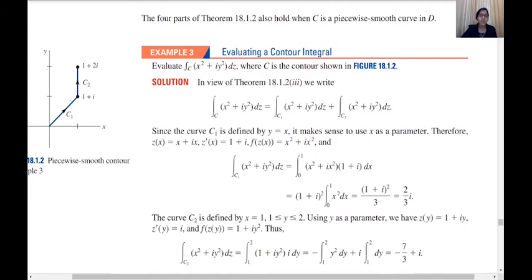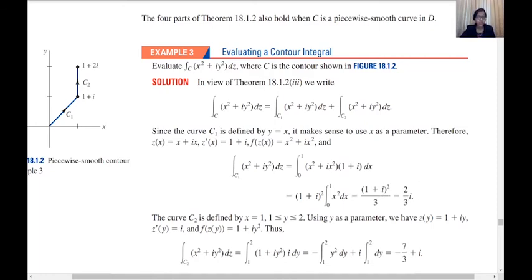Okay, so you can do it, you can make it as converting everything in terms of x. We'll get the integral over c1 of x square plus i y square dz, which will be nothing but integral 0 to 1 of x square plus i x square, and dz is nothing but (1 plus i) dx. Okay, so we'll just simplify it. Here you can take x square common, so it will be (1 plus i) whole square into integral 0 to 1 of x square dx. So the value will be x cubed by 3, that is (1 plus i) whole square divided by 3, which is equal to 2i by 3.